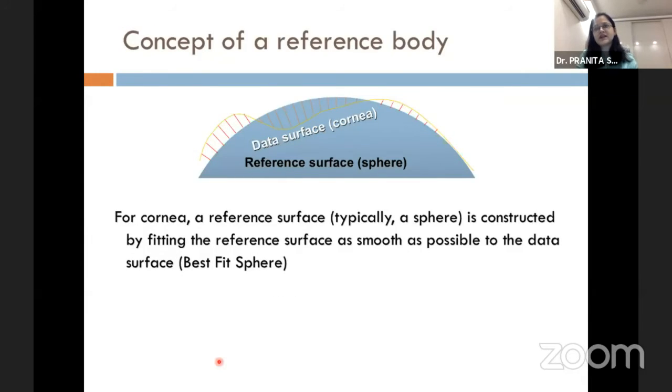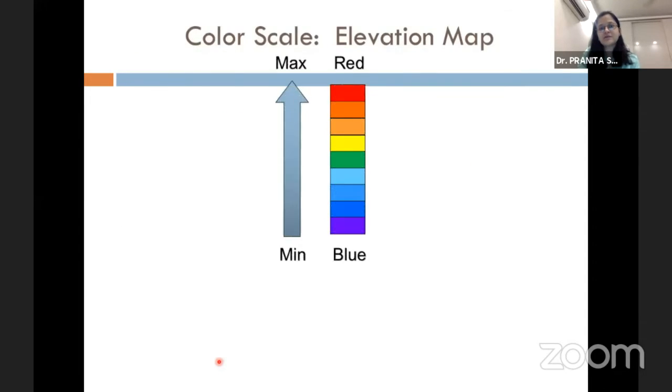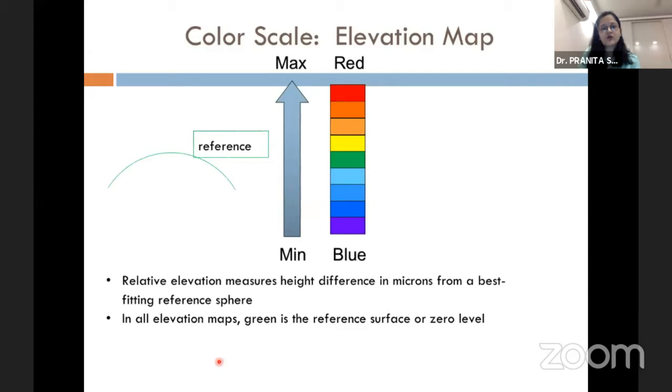Now, before we understand the different maps, we have to understand the reference surface, which is a best fit sphere. A best fit sphere is calculated by taking the average of the patient's keratometry data, and it is a computer-generated shape that varies from patient to patient. The patient's keratometry map is then compared with that best fit sphere to understand how the cornea is elevated or depressed, or steep or flat, at different points, and that comparative map is then analyzed to give different results.